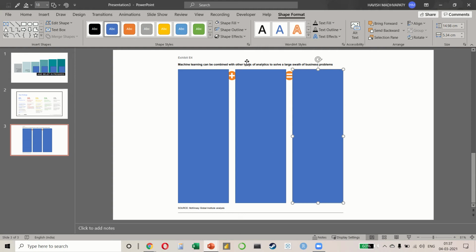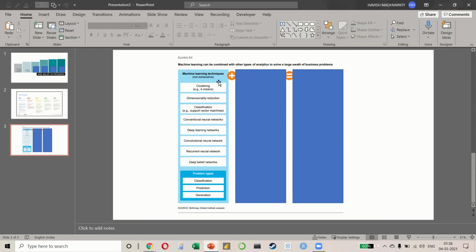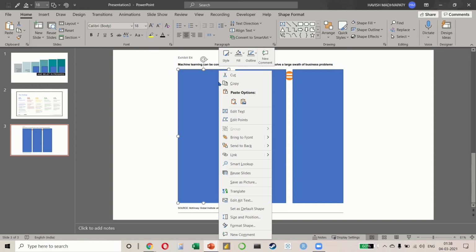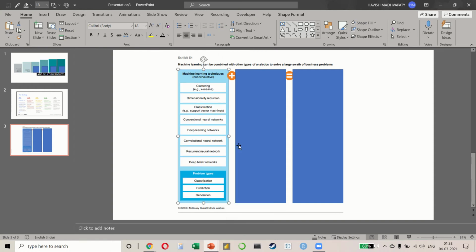What more do we have? Let me just delete the first one for now. Now you must be thinking, but Havish, if we delete it, then do we not have to recreate it? So there is a very smart thing that you can do. If you want to hide an object and not really delete it, some people do a right click and then send it to the back. It is okay in some cases, but when you have a very large number of elements, this might not make a lot of sense because you will lose control over the layers that you have.